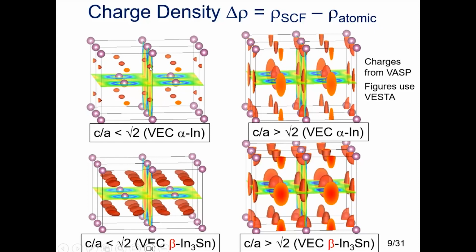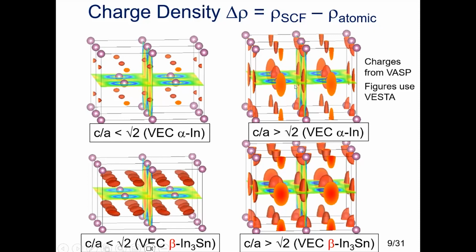And I also show isosurfaces. These little blobs are isosurfaces of charge density that show you where the maximal charge density is located. Okay, so this is an energetically unfavorable state because the charge density is too low to be favored by the C/A ratio. If we now go to the C/A ratio of alpha indium,